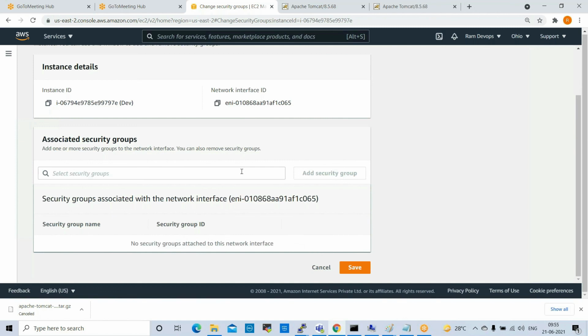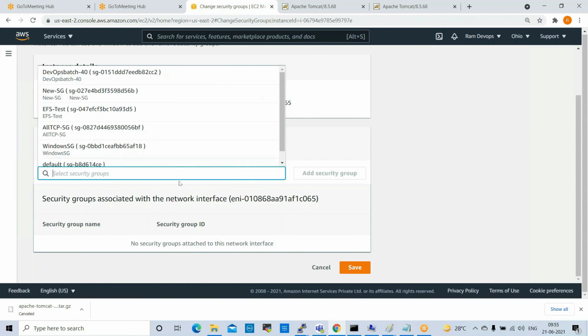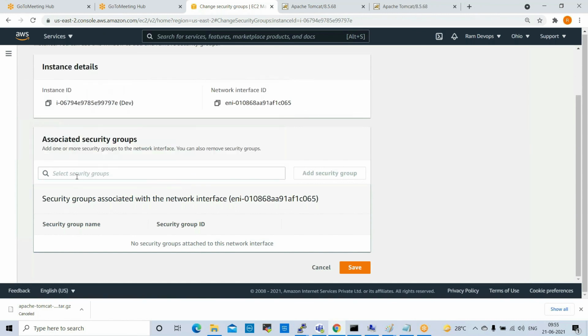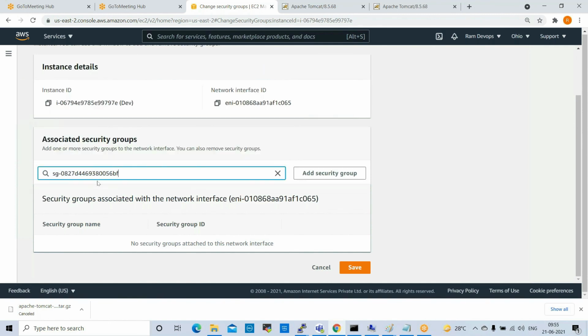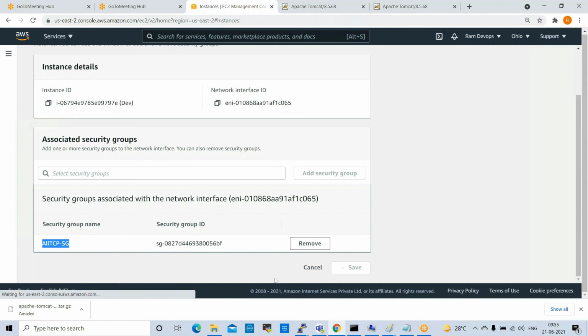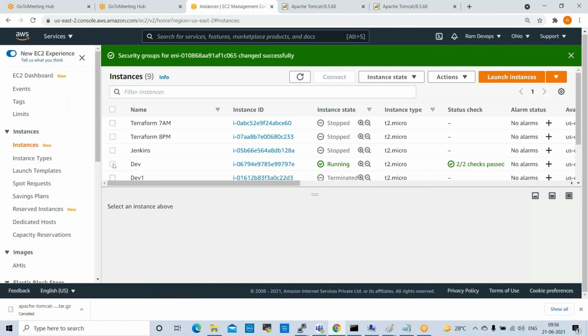Now I want to add another security group, so click here on associated security groups. I want to add the all TCP SG, a different one. Click on Add security group. Now it is added. Click on Save. Now it is saved. Now if you go and check here,